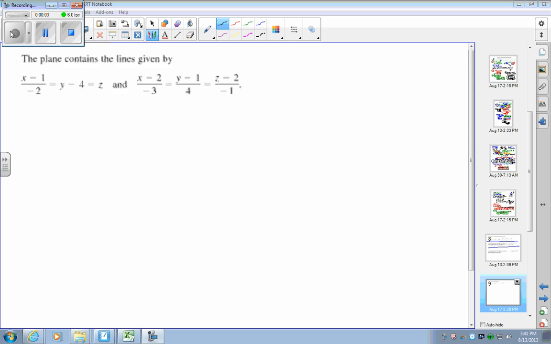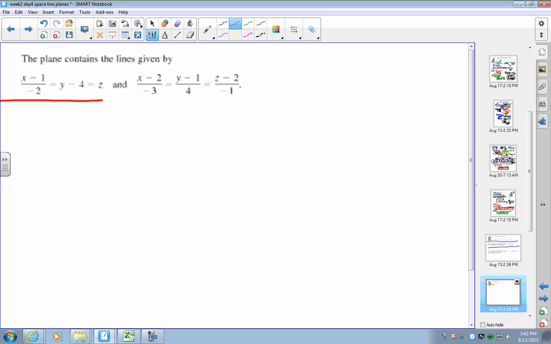So remember, lines are focused on a specific point and a specific direction vector, okay? So hopefully you're getting a little bit better at extracting the point and the vector. So for this one here, the point that you know for sure is 1, 4, 0, and the direction of this vector is